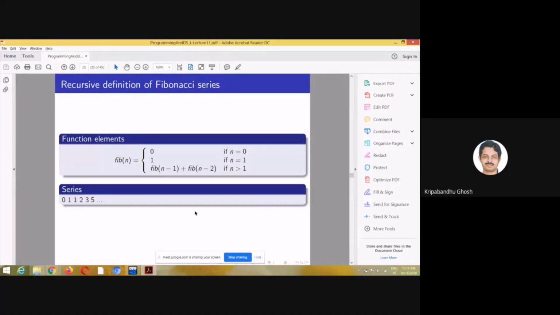Okay, let's not delve too deep, but we can say that the Fibonacci series is a very interesting series. It has captured the imagination of many mathematicians. The Fibonacci series is used in analyzing the complexity of some algorithms. It can be used to generate Pascal's triangle, because you see that it follows a very similar logic. Some part of Pascal's triangle can also be generated by using the Fibonacci series.